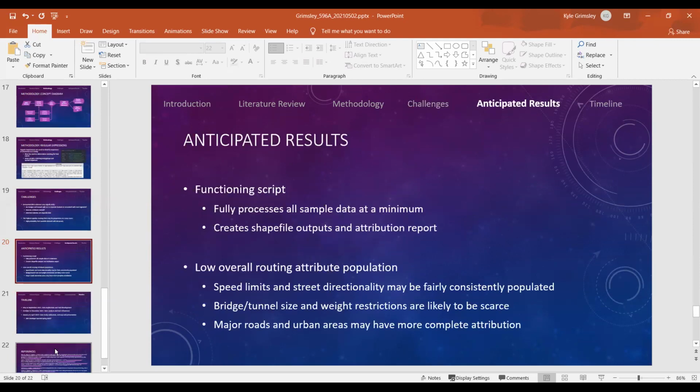So for my anticipated results, I expect to have the script fully functional, at least for the sample data sets, and hopefully with some broader schema support. And then in terms of the sample data evaluation, I'm expecting to see low routing attribute population overall, with better results for things like the speed limit and the one-way attribution, which are a little easier to fill in than for size and weight restrictions, which tend to take a little more of a grind to get populated in these